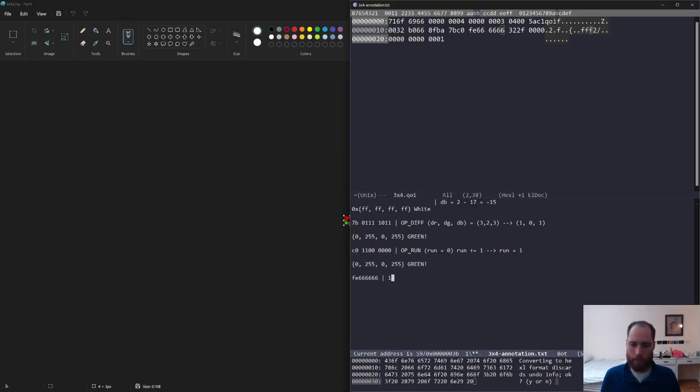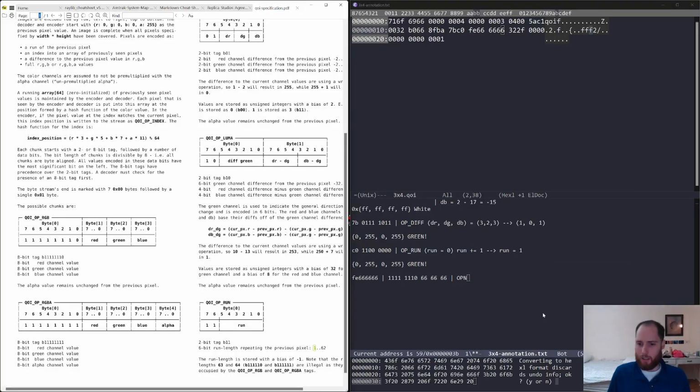And so the F is 1110, and I'm totally switching between notation, but that's fine. This begins with 11, so we need to compare all of these, but it's FE, which means it's this one. So now it's op RGB,